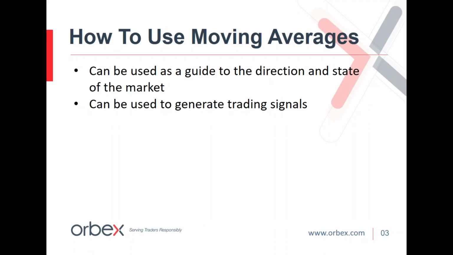In terms of using moving averages as a guide, essentially what traders will do is reference a particular moving average whereby if price is trading below its average, then the market is seen as being bearish and trending lower. And if the market is trading above its average, price is seen as bullish and trending higher. So the actual moving average becomes a sort of bull-bear line in the sand, if you will, a price pivot